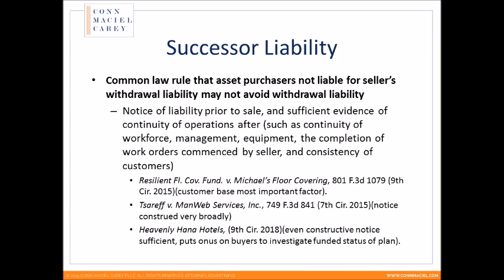I'll hit you with just a couple thoughts about these. In that ManWeb case in the Seventh Circuit, the court said this: shielding a successor employer from liability when the company had knowledge of the potential liability and still had bargaining power with regard to the transaction runs counter to the policies underlying the doctrine of successor liability. What does that mean in English? Well, the court was saying, hey, if you had knowledge of the possibility of withdrawal liability,